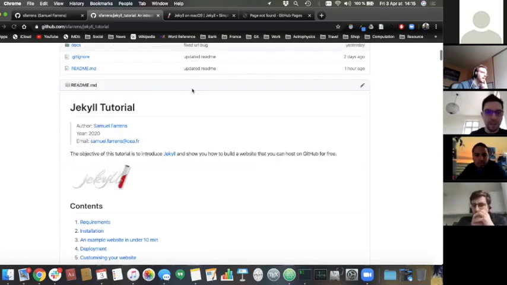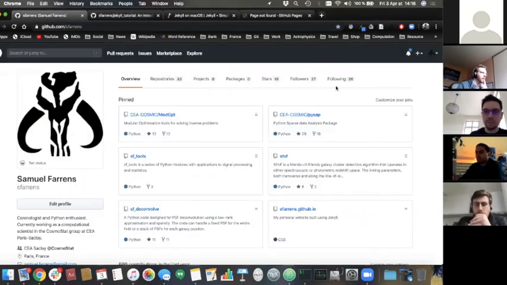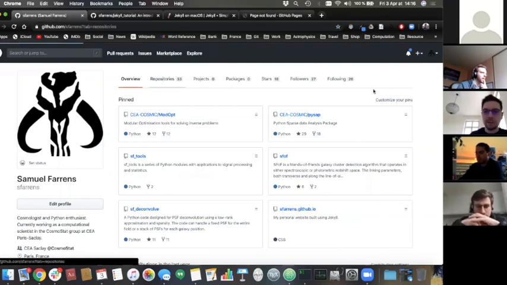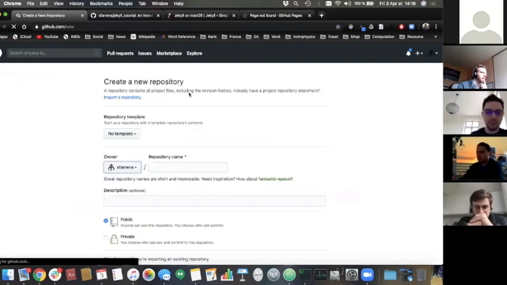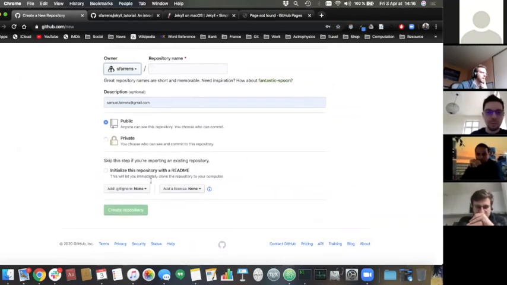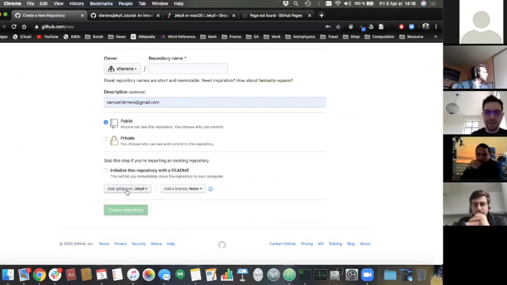Alternatively, you can just create a new repository of any name you want on your GitHub account. So if you go to your GitHub account, you click on repositories, and then new. You can put any name you like. That's really up to you. It doesn't make any difference to this tutorial. You don't need to initialize with the README unless you want to. But the one thing you should do is, where it says gitignore, click there, and then if you write Jekyll, click that. Then when you create the repository, it will initialize with the gitignore that's specific for Jekyll, right? So